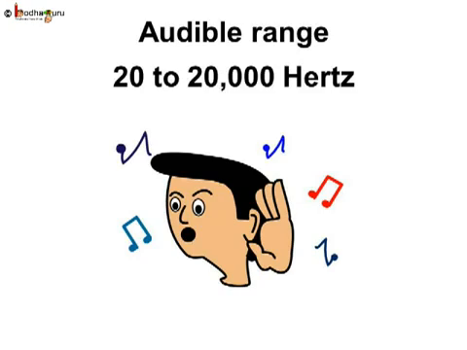People lose the ability to hear sounds of higher frequency as they grow older. The highest frequency that a normal middle-aged adult can hear is only 12 to 14 kHz. If the frequency of sound falls within this range, it is called an audible sound. That is the range between 20 Hz to 20 kHz.